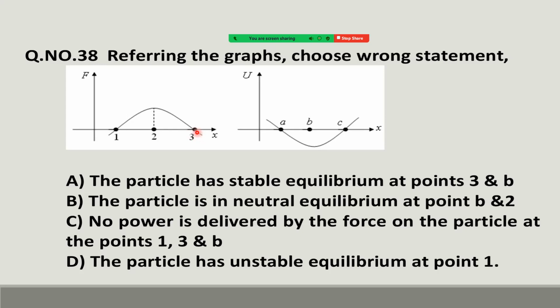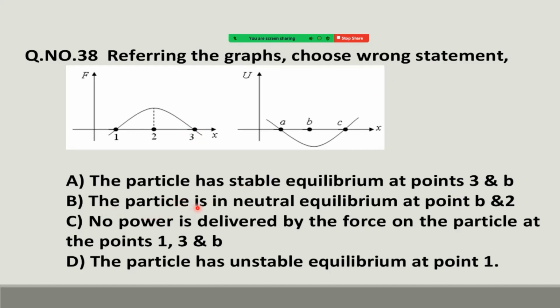Negative means. If you displace left of point 3, force is positive. That means the force is right side. That means a restoring force is developed when we displace from position 3. That means 3 corresponds to stable equilibrium. So option A is the correct one. But he's asking for the wrong statement. Okay. Let us see